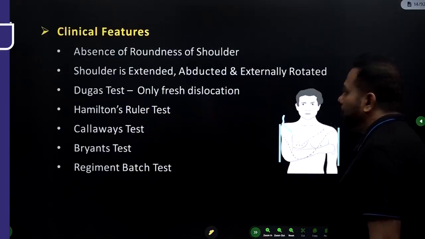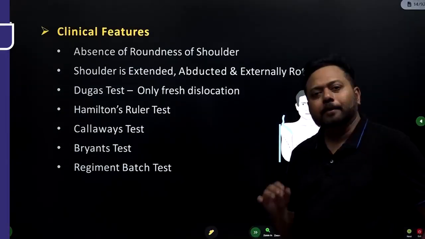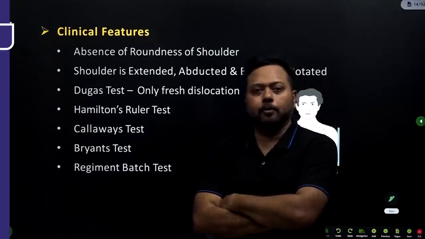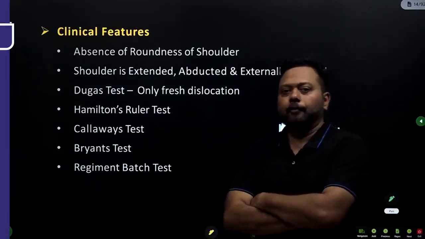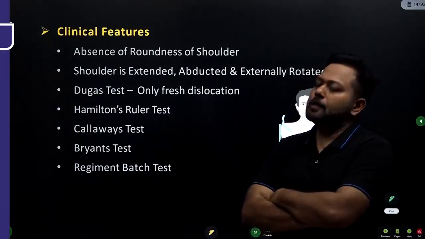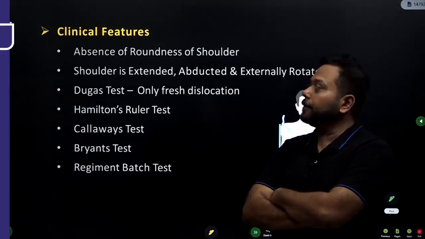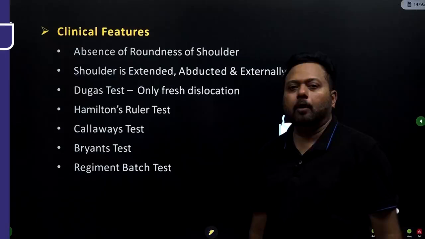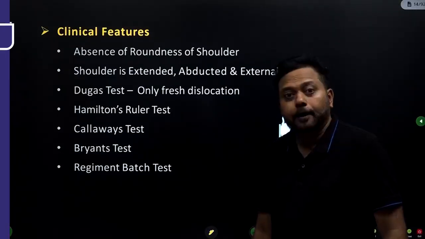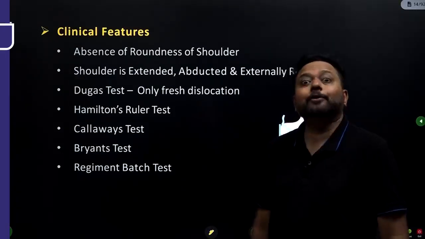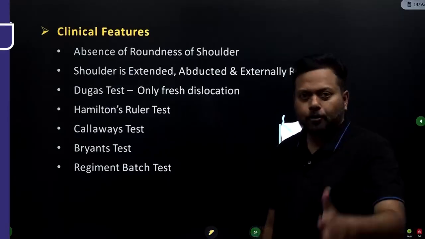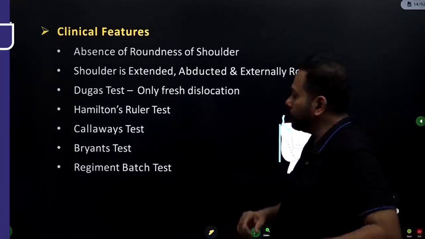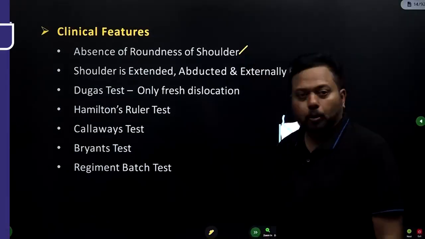Whenever somebody gets a shoulder dislocation, 99% of the time it is anterior shoulder dislocation. There are a few important clinical signs, very clearly explained in our main recording. We'll rush through them once. When the patient arrives at your outpatient department, just by looking at them you can say what type of shoulder dislocation it is. If it is anterior shoulder dislocation, number 1, the deltoid contour is lost, the roundness of the shoulder,